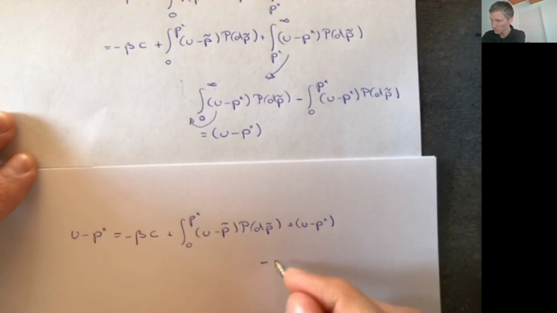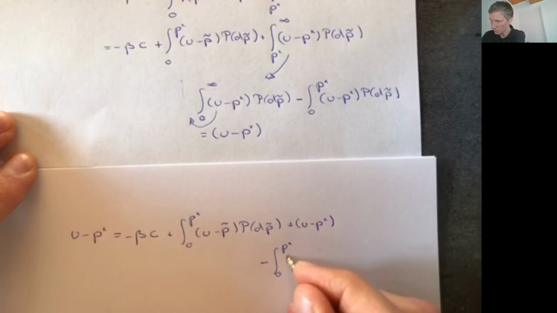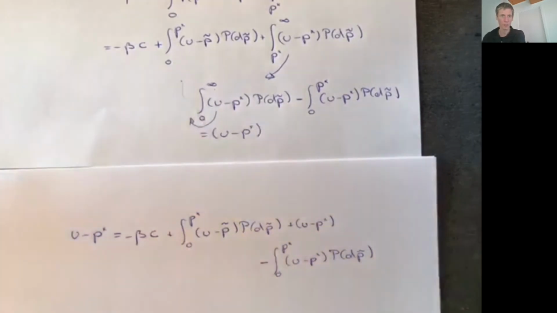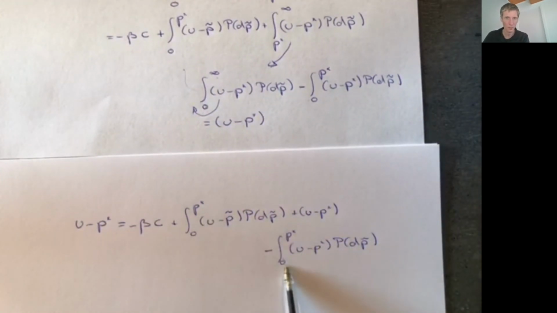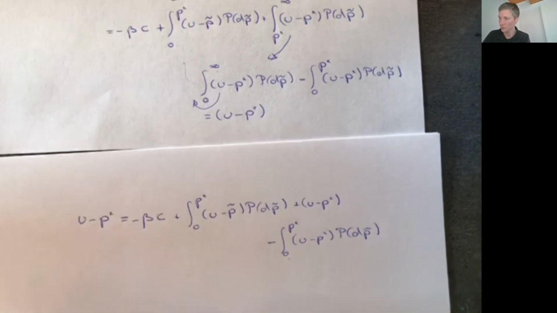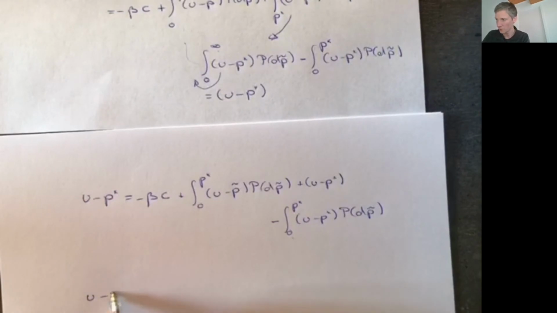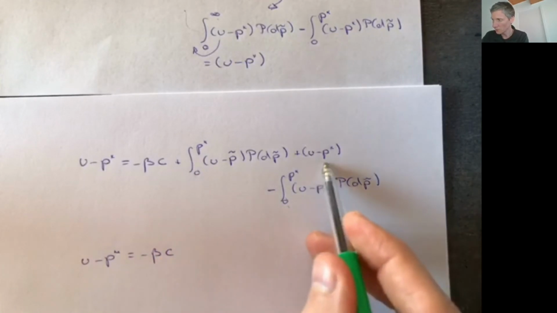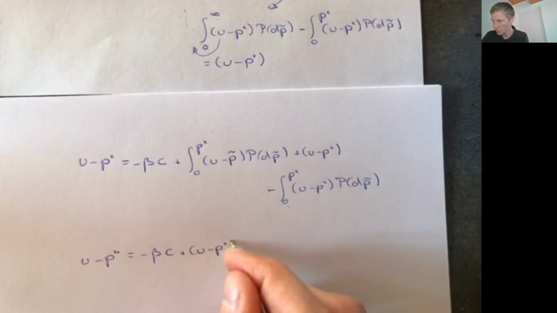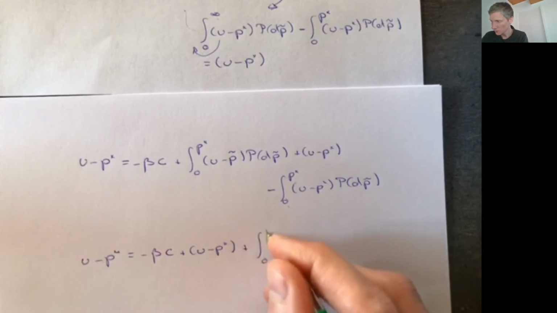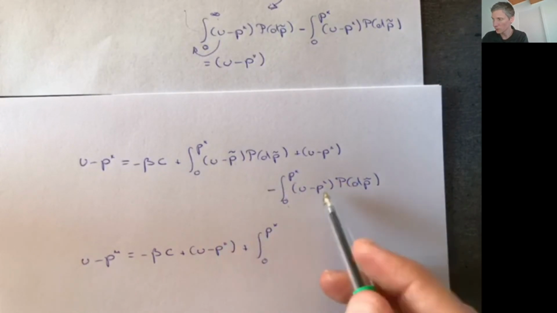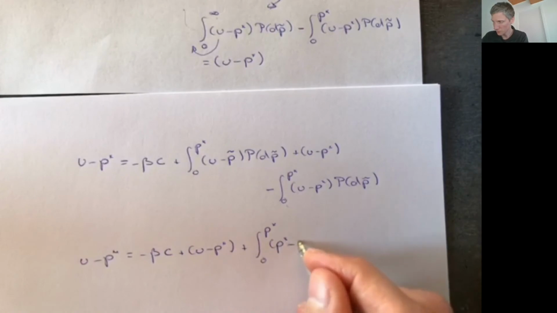minus the integral from 0 to p star of u minus p star dp tilde. So here I have an integral from 0 to p star, here I have an integral from 0 to p star. So the difference between two integrals is equal to the integral of the difference. So I have that u minus p star is equal to minus beta c plus u minus p star plus the integral from 0 to p star of u minus p tilde minus u, so the u cancels out, plus p star. Okay, so it's p star minus p tilde